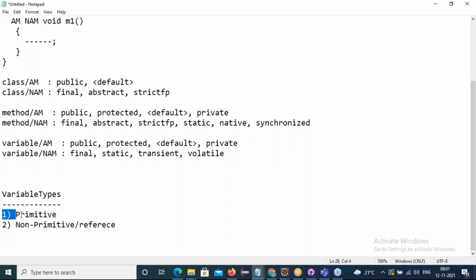Okay, we have two types of variables in Java. Let me show you what a primitive variable is, and let me show you what a non-primitive variable is. Then later we'll talk.